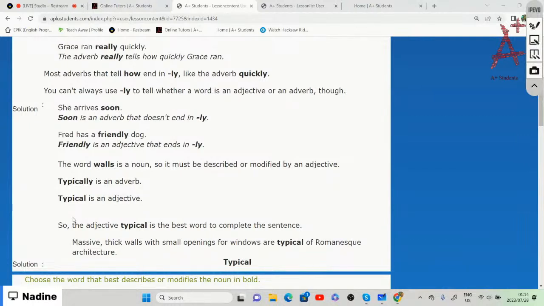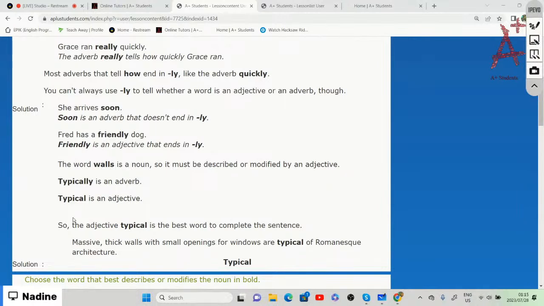And in this sentence, we need to show the word that modifies the noun, which is walls, right? There are two words given: typically and typical. If we look at the two words, typically is an adverb, and typical is an adjective, right? So if we need to choose a word that describes or modifies a noun, then it means that we need to choose the